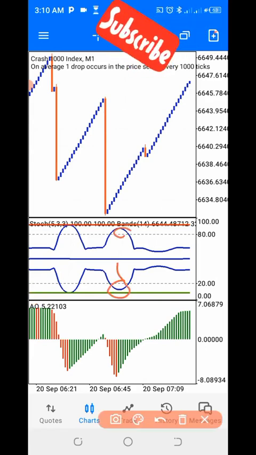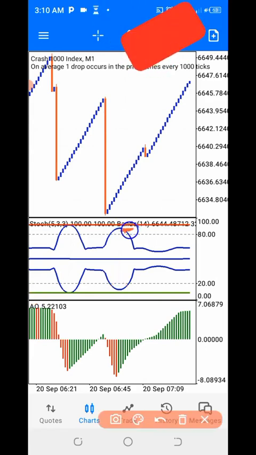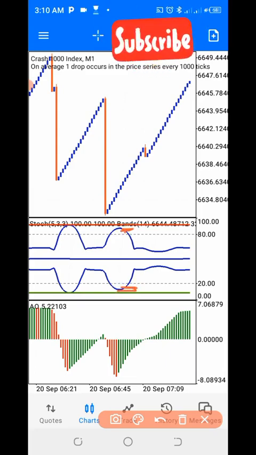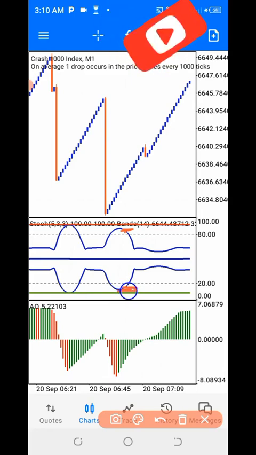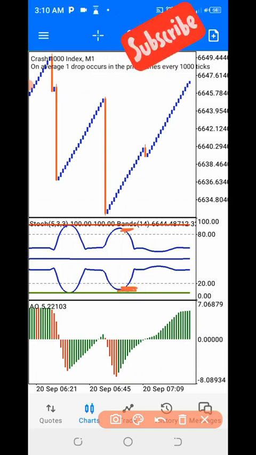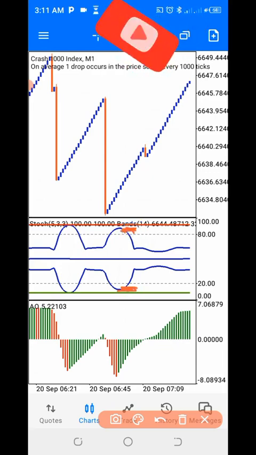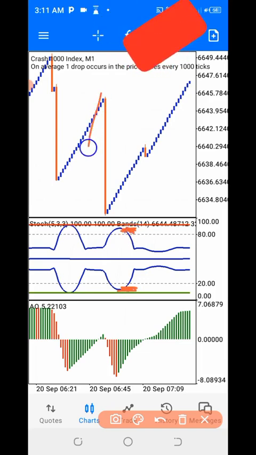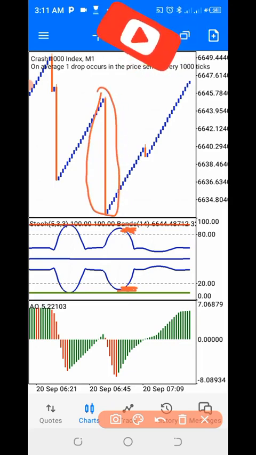It's going to open up like this. Once it opens up like this, you can start taking your trades. That means the upper band is going to be at our 20 level and the lower band is going to be at our 80 level. It has to be. So once they open up like this, you can start taking your buy, right? But you must have a spike first. Before that you cannot think of that.